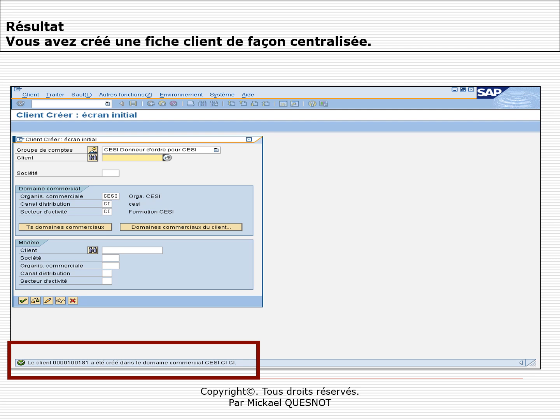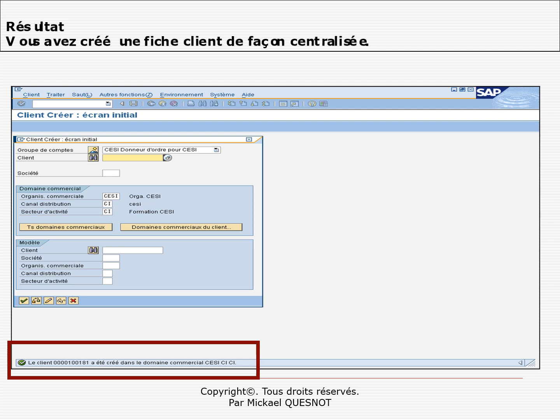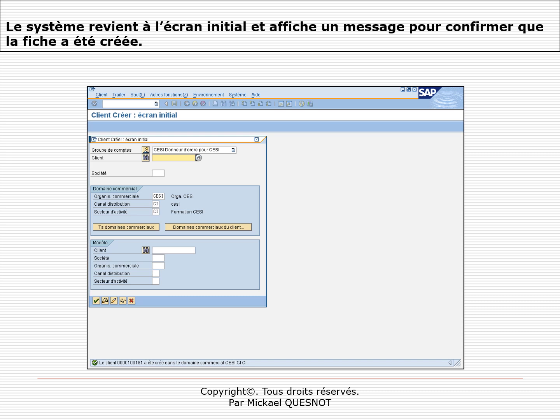So let's talk about how to actually use this XD01 transaction. Well, it all starts in the SAP menu. You go to accounting, then accounts receivable, then master